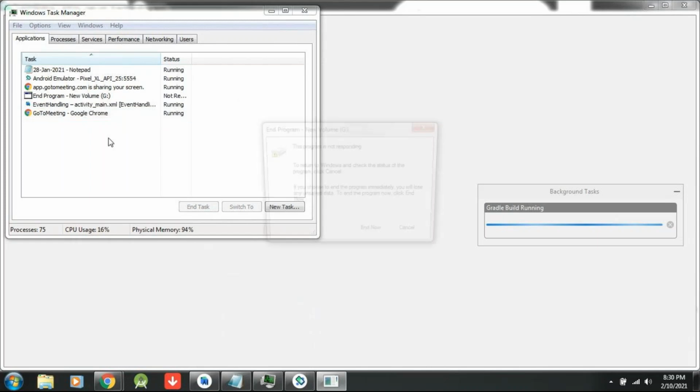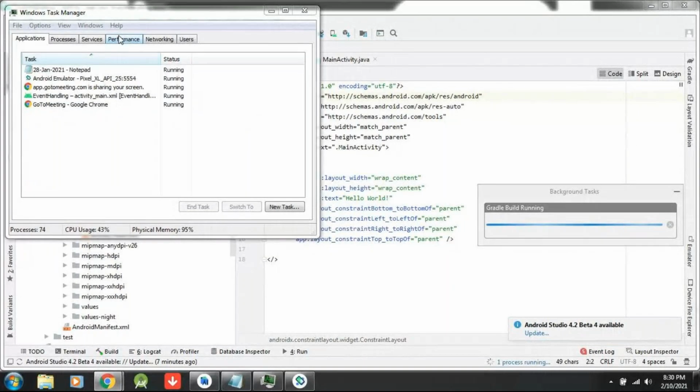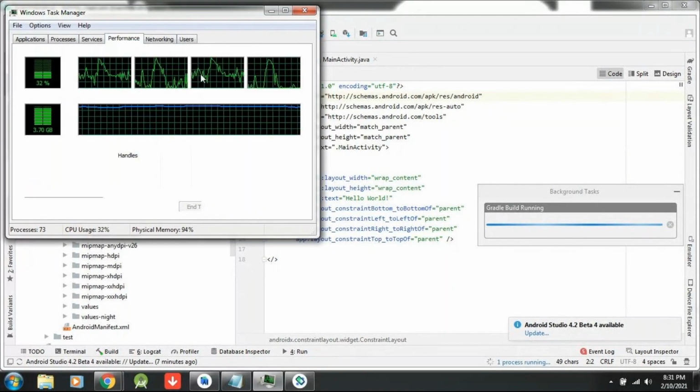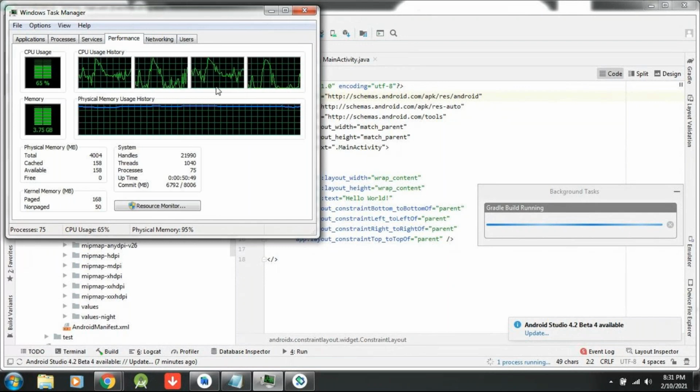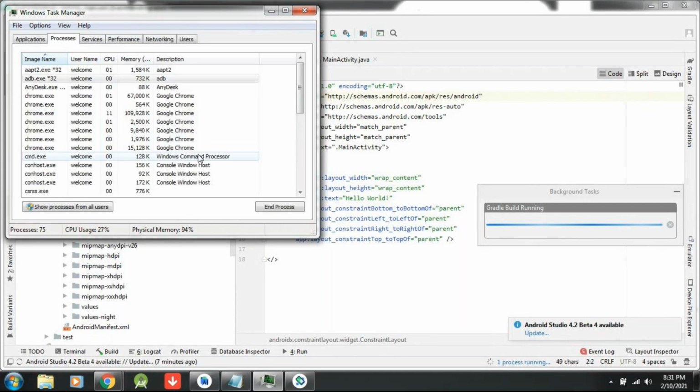Such a small thing, it's taking a lot of time. Software 3.72 GB, maybe occupying too much.